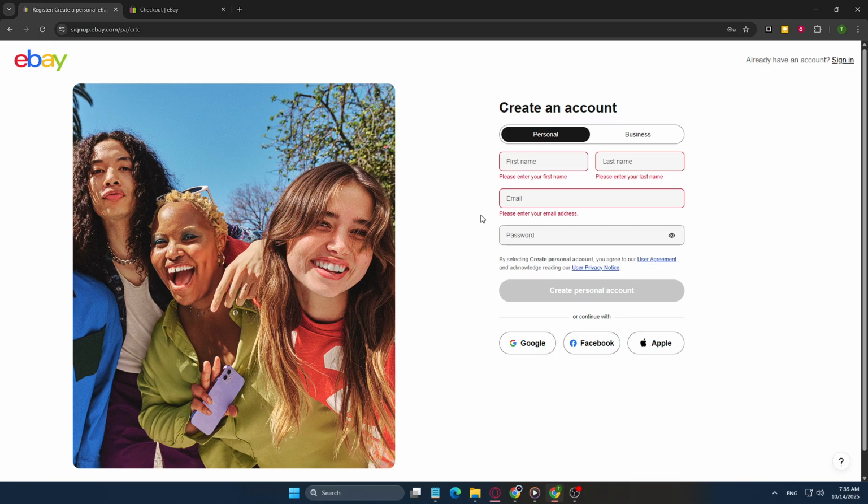With these steps completed, you're now ready to dive into the world of eBay. You can explore thousands of listings, place bids, or list your items for sale. Happy eBaying! Before I wrap up, don't forget, successful transactions often depend on clear communication and timely actions, so be